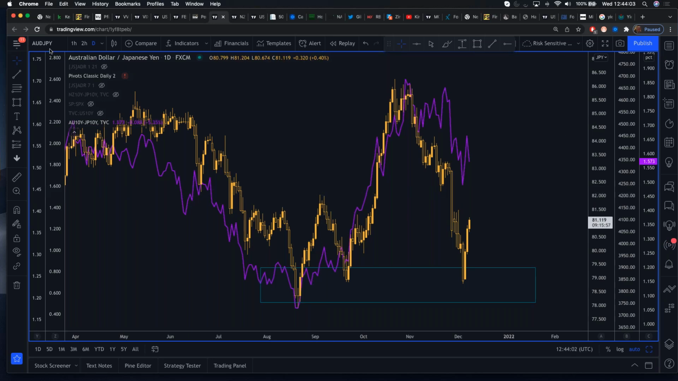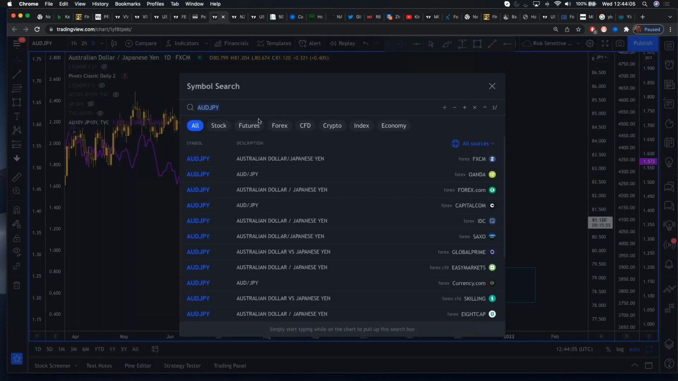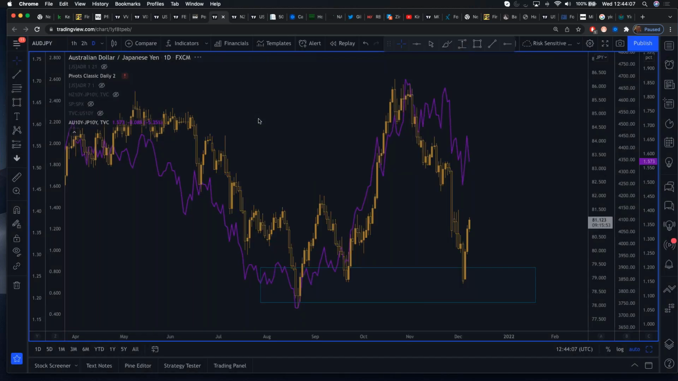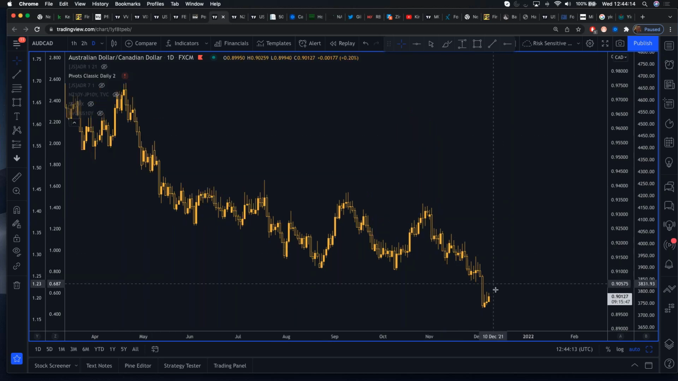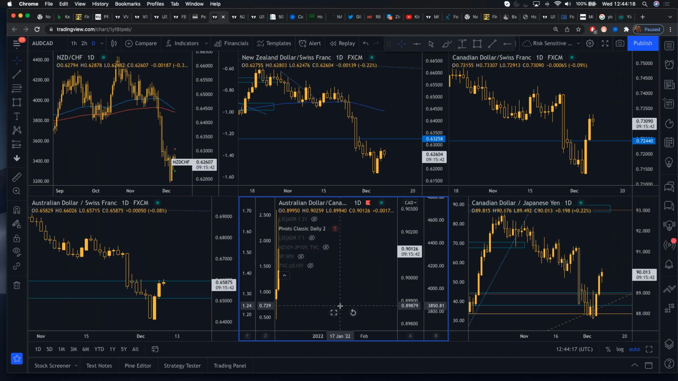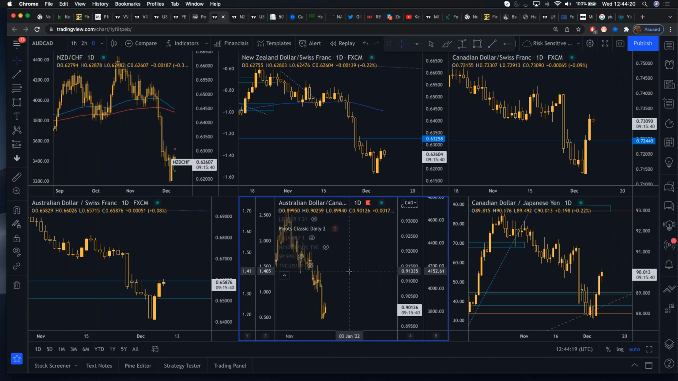So the Aussie CAD could be a very good trade if we get a very dovish Bank of Canada. Okay, so a dovish Bank of Canada, then Aussie CAD upside will potentially make sense. Now, the other thing to mention, apart from the Bank of Canada interest rate meeting,